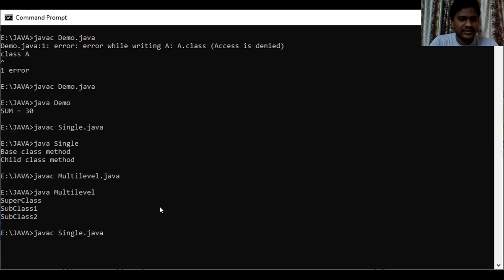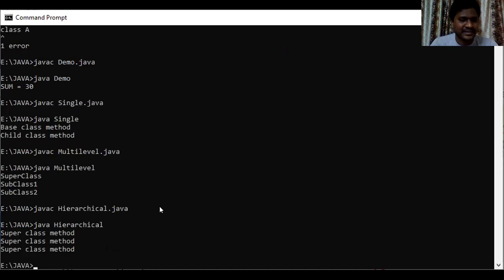Coming to here, javac Hierarchical.java. No errors. Now run the bytecode of this Hierarchical class file, and it generates output like this. See here, the first line: the superclass method invoked by the superclass object.